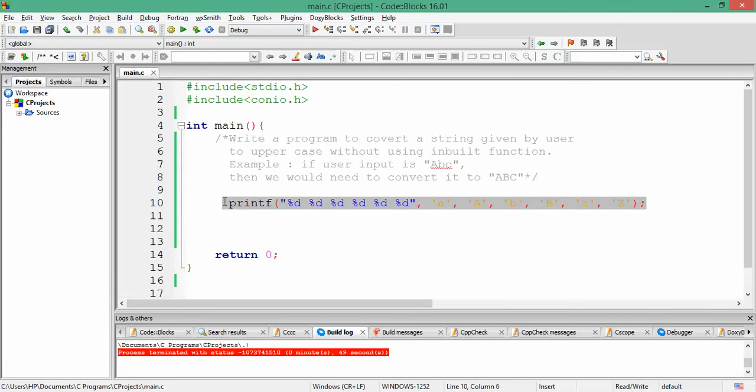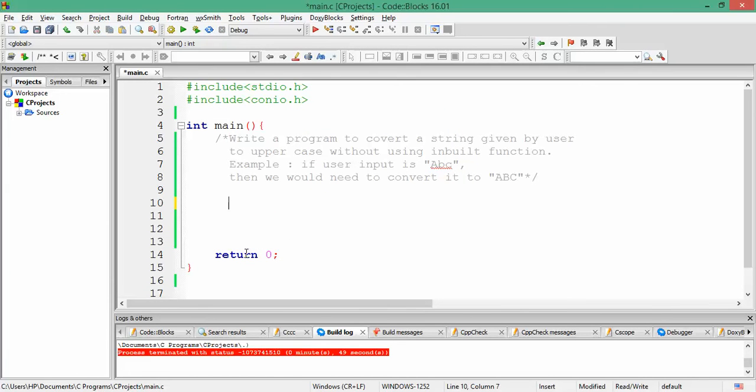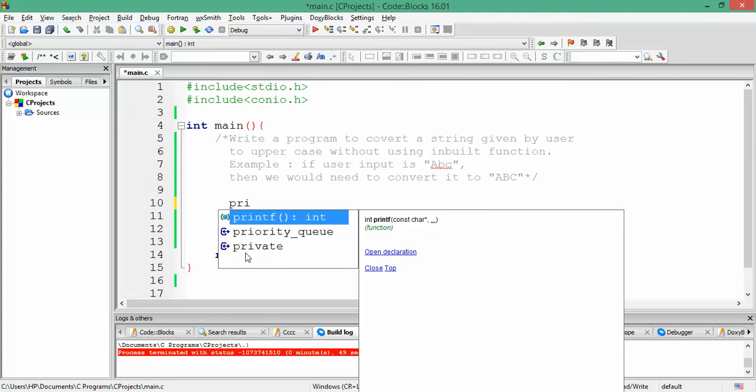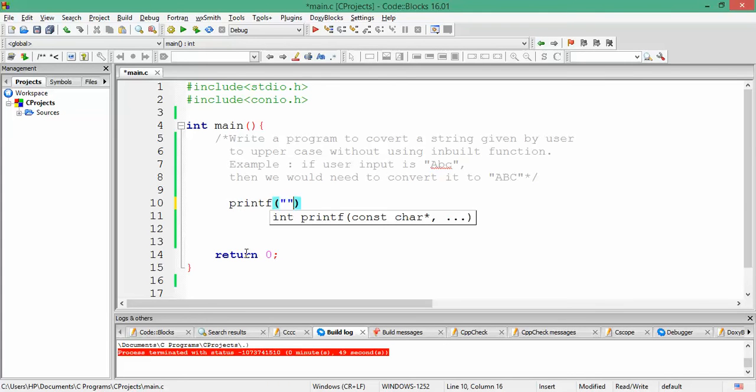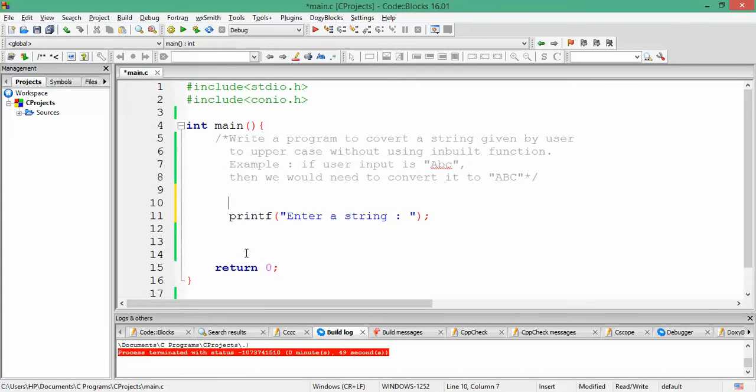First of all, let us prompt the user to enter a string. Enter a string, and to store the string entered by the user, let us declare an array which would be large enough to hold the string that is entered by the user.